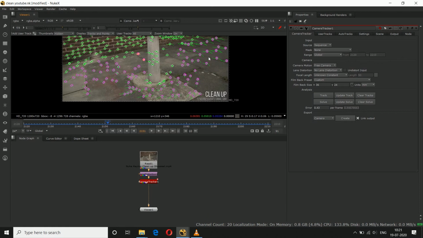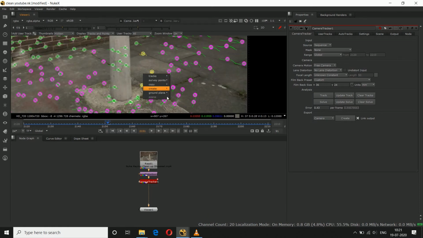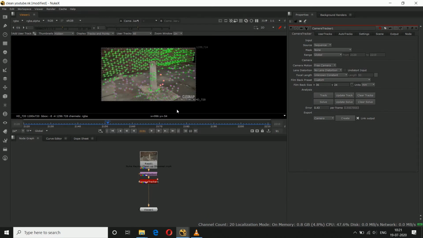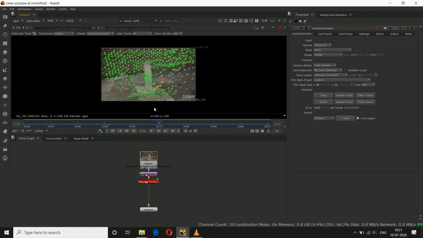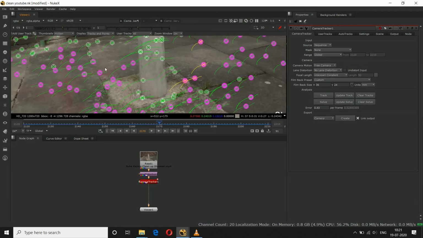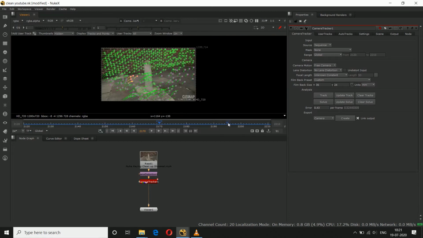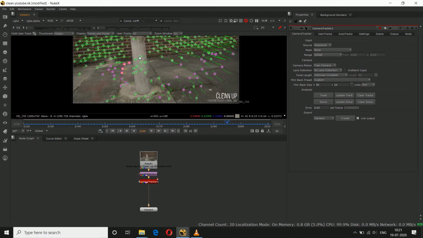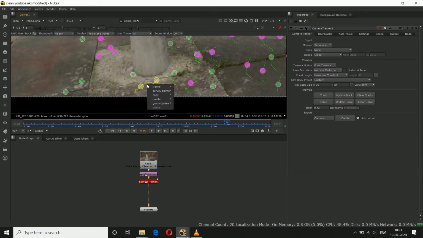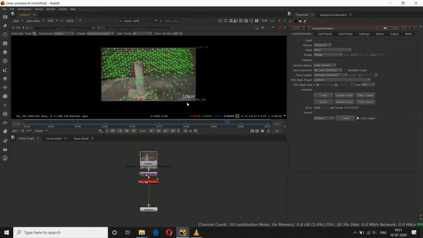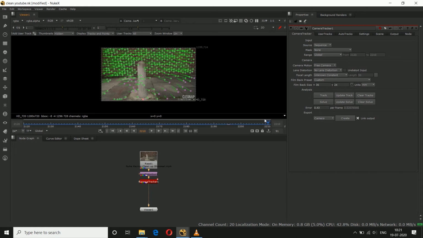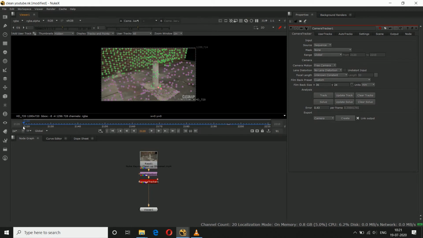We'll take more points, ground plane, set to selected. Okay, so our ground plane is defined.